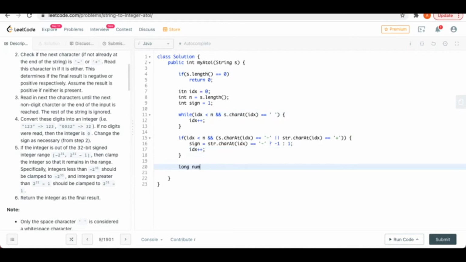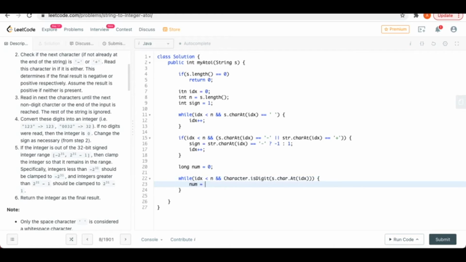Now let's move ahead with the actual implementation. So I'll have another number, long. Why have I taken long? So that no overflow happens. So till the time index is less than n and the character is a digit, we need to do this because we do not want to get into a situation where we are getting a value which is non-integer and then one of the test cases is failing. So what I have done here is I will increment the number that I have by multiplying it by 10, and then I will add Character dot getNumericValue of string dot charAt index plus plus.